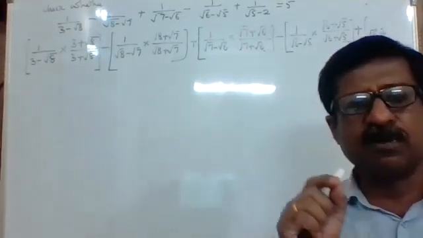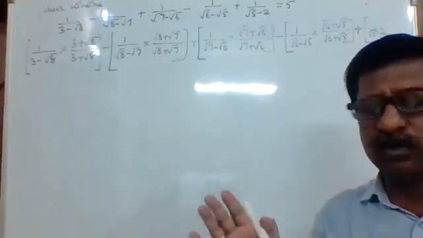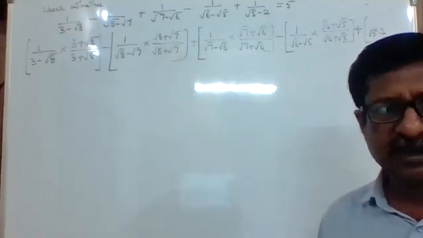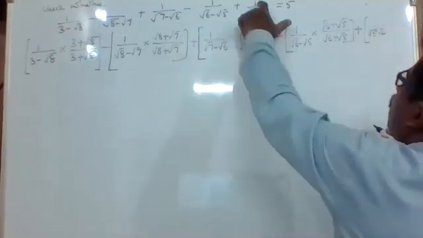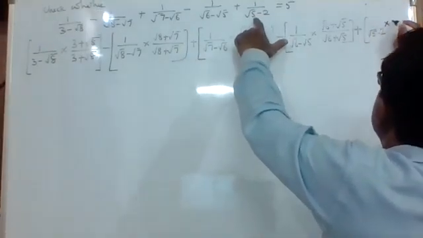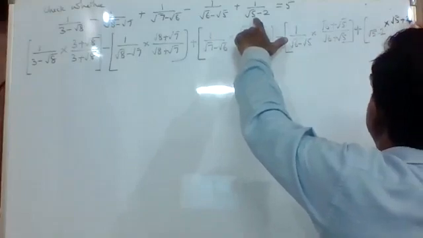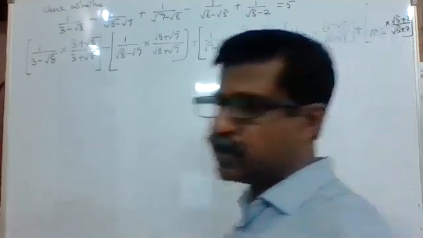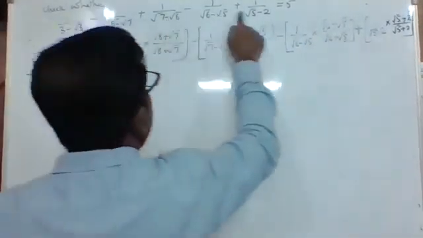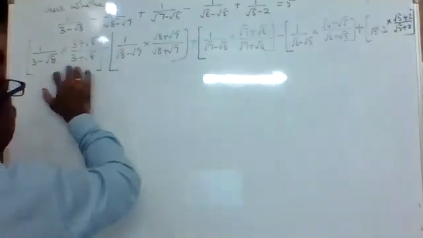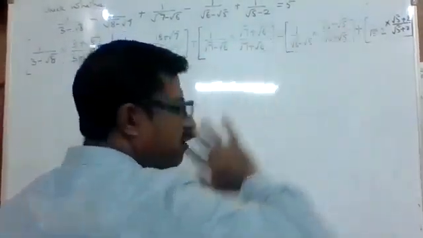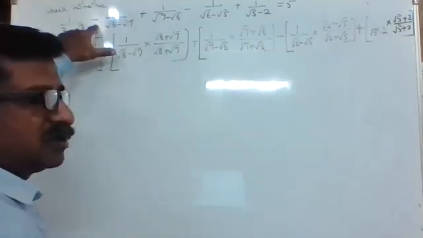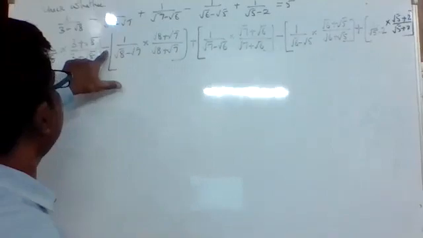But because of a small mistake, the whole sum will become wrong and it will be very difficult for us to find out where we are mistaken. Clear? Therefore, step by step we are doing 1 upon root 5 minus 2 it was, and the rationalizing factor is root 5 plus 2. The question had 1, 2, 3, 4, 5 parts. Therefore, we have taken 1, 2, 3, 4, 5. All the 5 I have taken. I kept my finger one by one on the sign, and after that I was copying it.